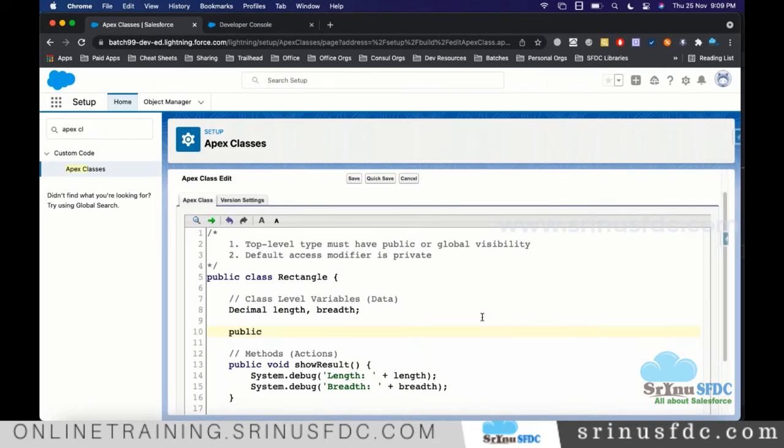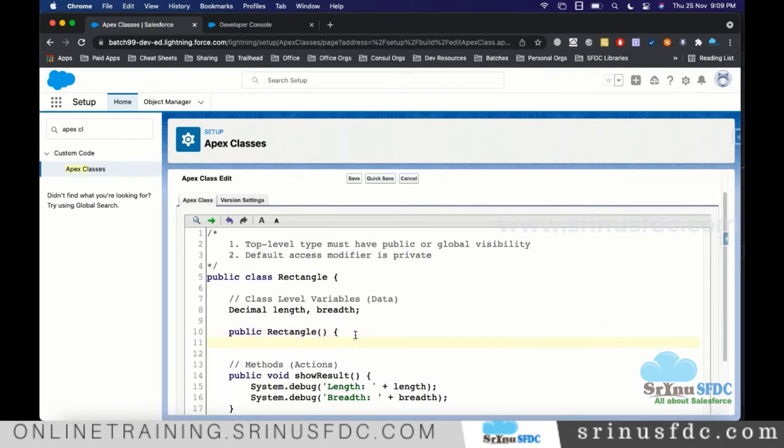Let's say the class is public, and whatever the name of the class is, the constructor name should be the same as the class name, and we give the brackets, and this is the body. Inside that we can write multiple statements. Even though we don't define it, internally it will be there. By default, the system maintains this internally.